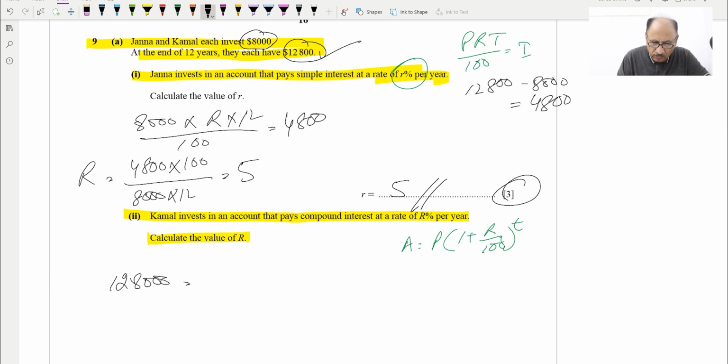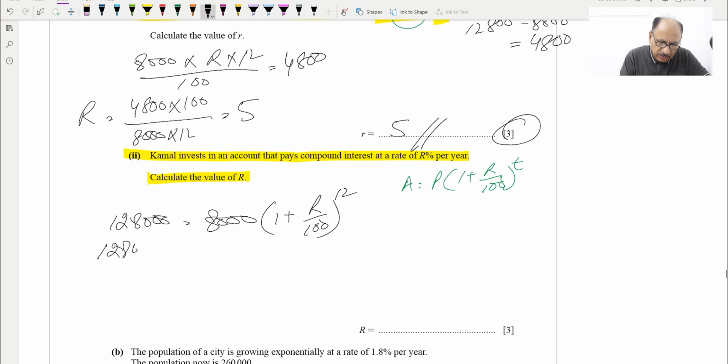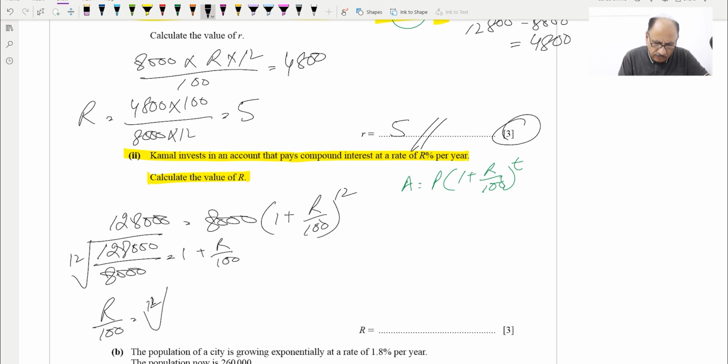So 12,800 is equal to the principal amount, which is 8,000, into 1 plus rate over 100 for 12 years, so it will be 12. Now we need to just find the value of R. This will be 12,800 divided by 8,000, equal to 1 plus rate over 100 raised to the power 12. I will write here 12th root. So next, R over 100 will be equal to the 12th root of